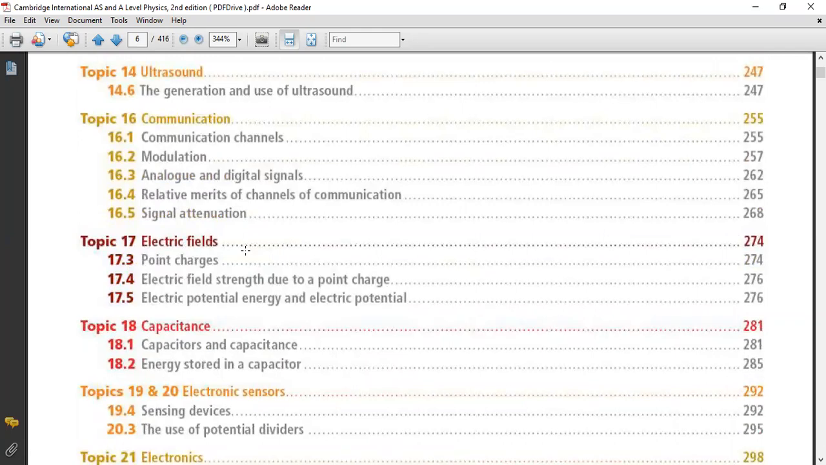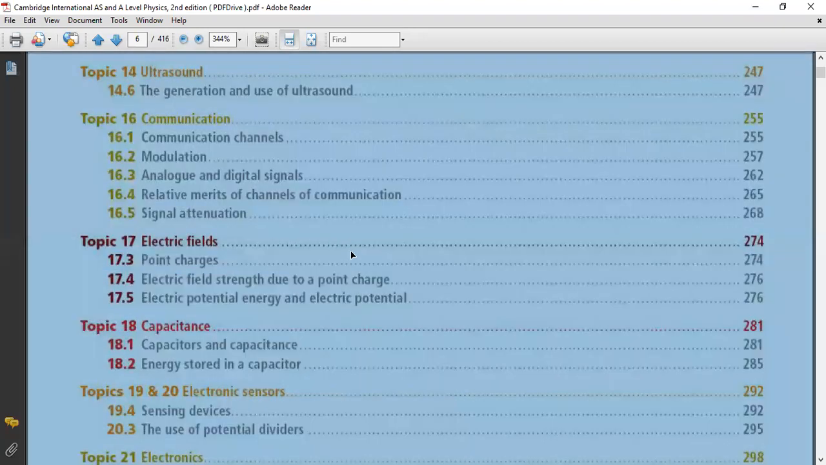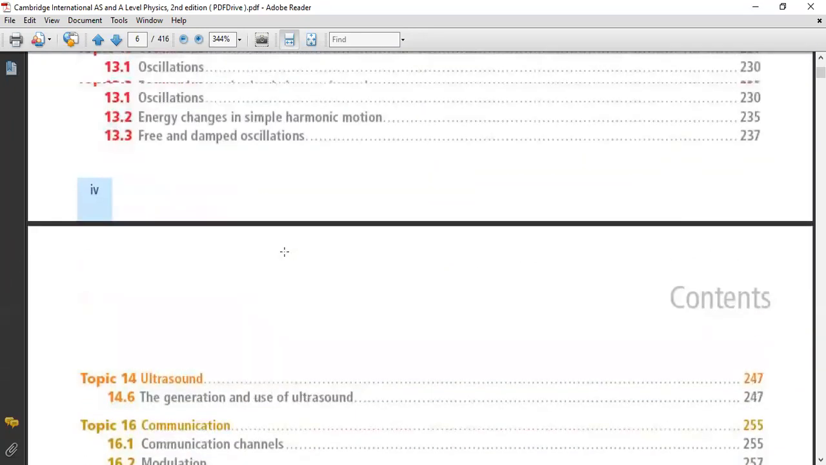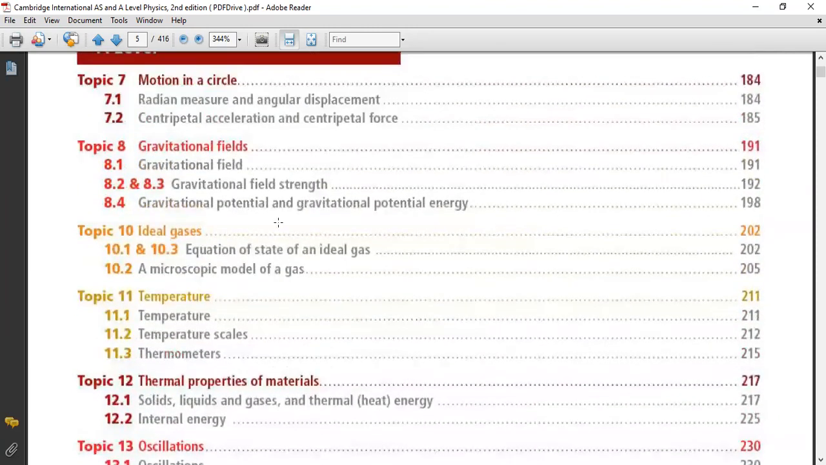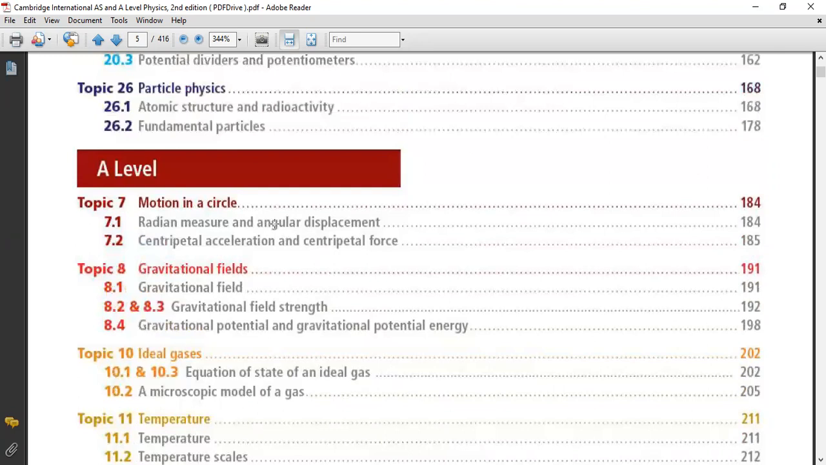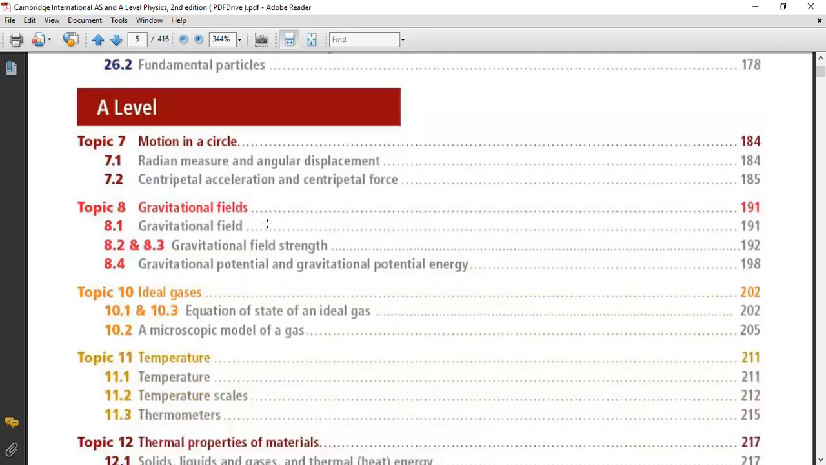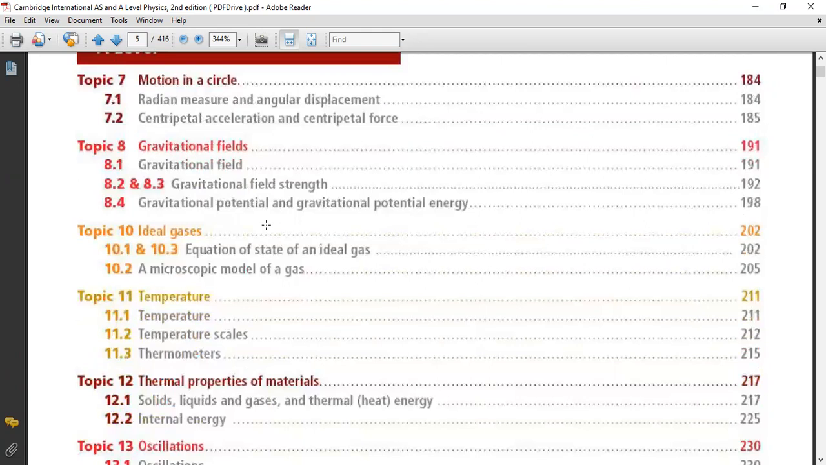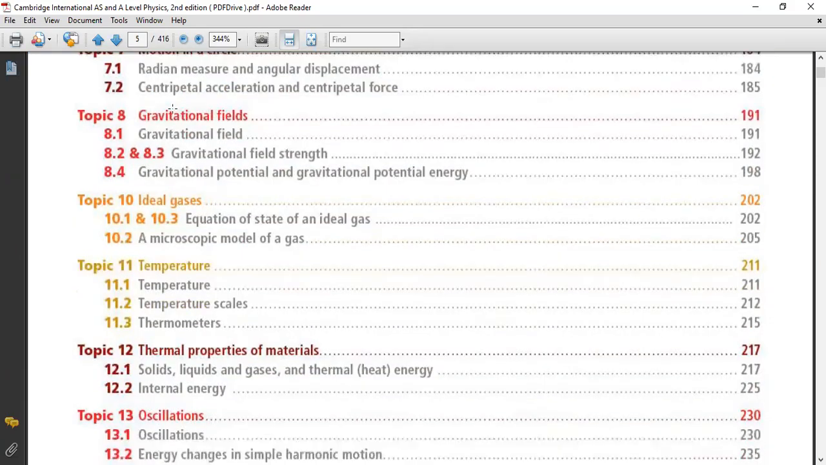Yeah, please send me the name of the chapter that is going on, otherwise there will be a problem. Send me the name of the chapter, okay? Which chapter is going on? Then accordingly we will start the chapter. Okay, Shafuddin, after this class, please send me the name of the chapter which is going on in your school. And apart from this motion in a circle, which chapter from A1 level is